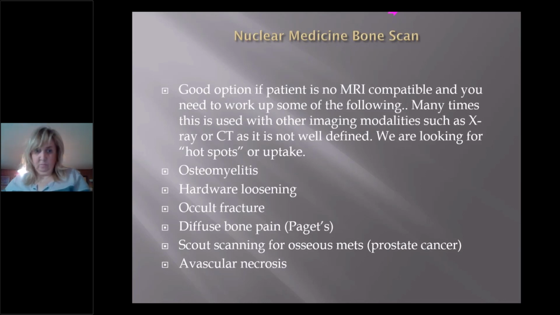Certainly, as I said a moment ago, osteomyelitis is a good one, hardware failure or lucency, occult fractures, Paget's disease, and then again, scout scanning for osseous mets, and even avascular necrosis. A lot of these things you can use MRI to look for, but in cases where you're not MRI compatible, or if it's just not the right test, like if I'm looking for Paget's, bone scan's not a bad test. If I'm looking for osseous mets, like with prostate cancer, bone scan's not a bad test, but for osteomyelitis, MRI is